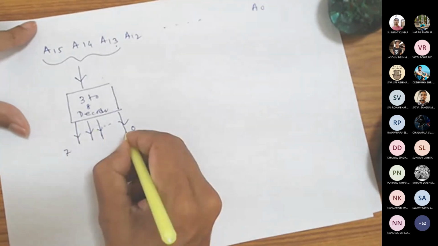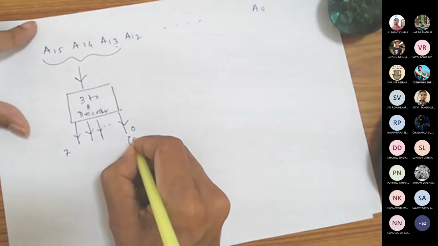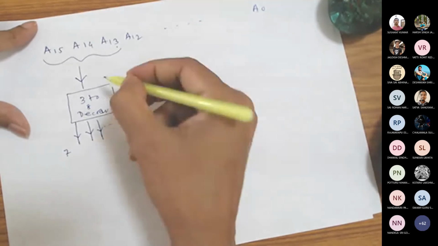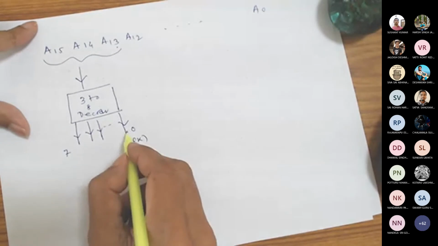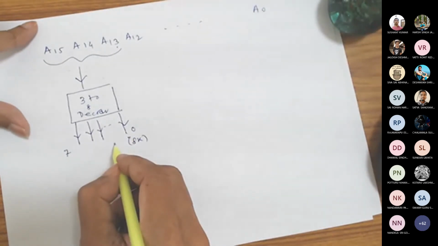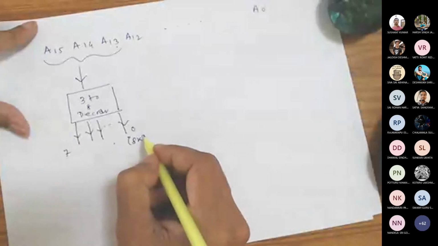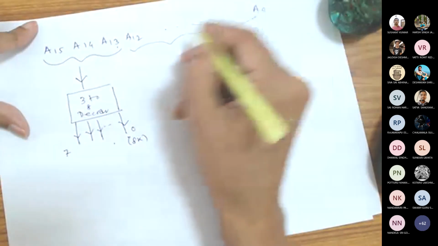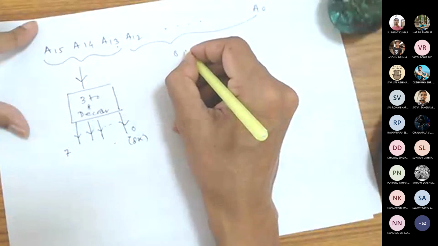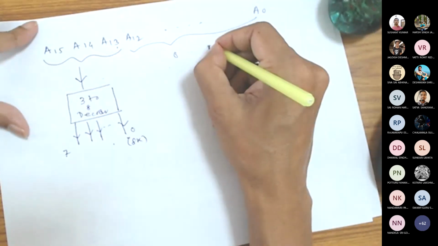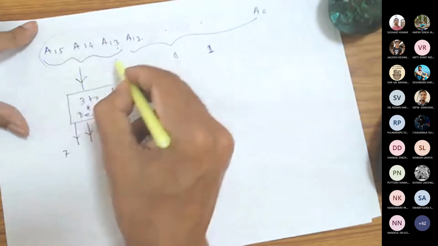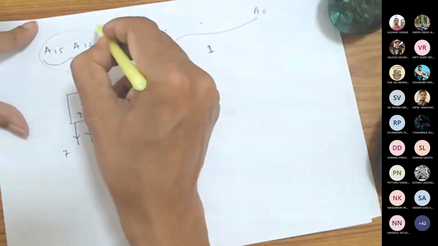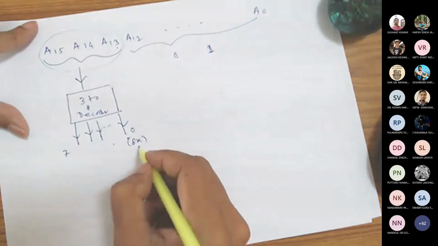So one line corresponds to 8K. If you carefully observe it, this one line corresponds to 8K because there are 8 such lines. 8 into 8, there will be 64K. Because if these values vary from 0 to 1, all these lines vary from 0 to 1 fully, then by varying these 3, you can actually select this 8K.